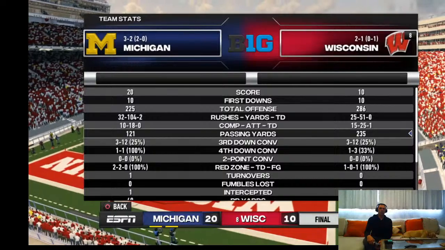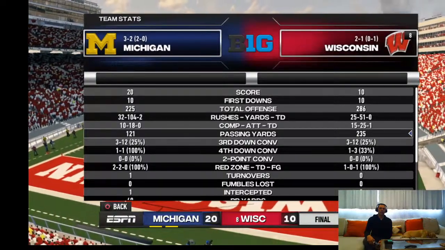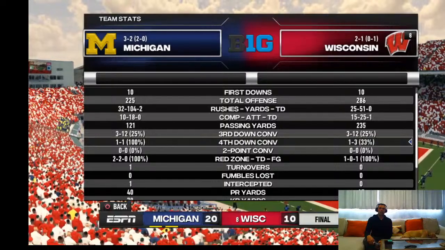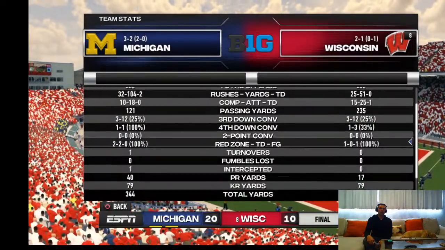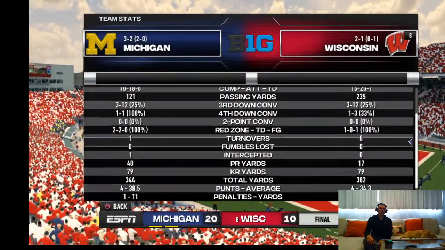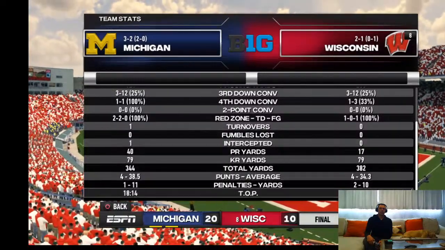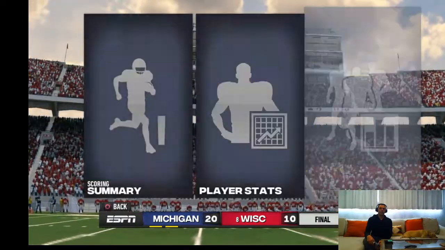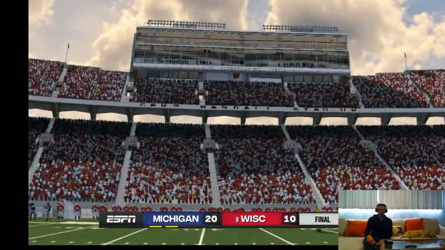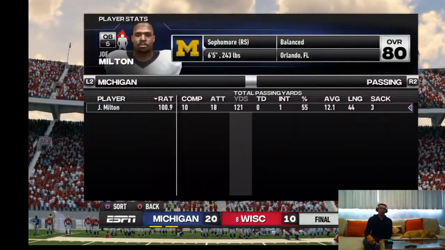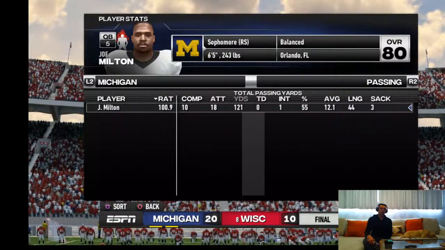Neither team did anything exceptional passing. They had a couple big plays. Neither team was very good on 3rd down. We were able to stop them twice on 4th down. That's huge. But yeah, just a really, really strange game. We did not play well. Our defense played, I think, really well. We gave up a few bigger plays there, but Joe Milton made a couple big plays, was able to get the job done.